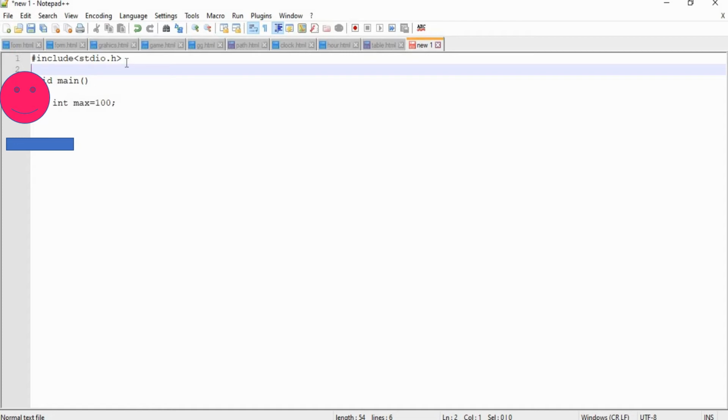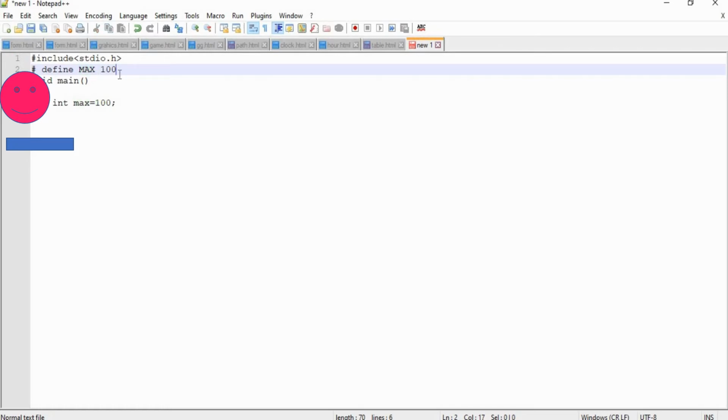So to define a macro, you should use the preprocessor directive hash. After that, you should use the keyword define. After that, your macro. So let's say max. This is our macro, right? So this max is a custom defined macro, which is user defined macro, right? So we can set the value to the macro, right? So hereafter, whenever we want to use the value of 100, we can use the name of the macro, which is max.